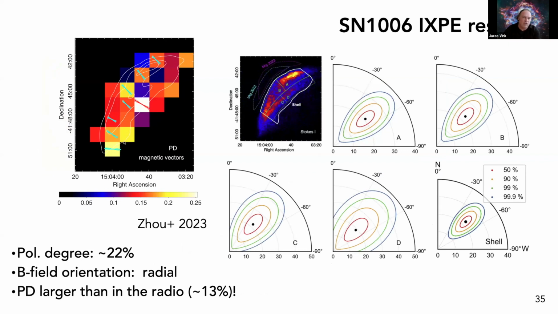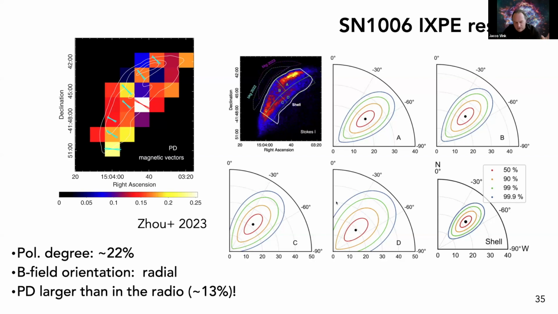And this is where we find a semi-significant detection, and this is the most significant points. This is the polarization degree, and what you see is you go up to 25% and typically more like 20%. So that's much more than Cas A and much more than Tycho. We tend to use these types of diagrams to show you the crosstalk between polarization degree and polarization angle, because these are not independent quantities. Q and U are independent quantities. Polarization degree and polarization angle are not.